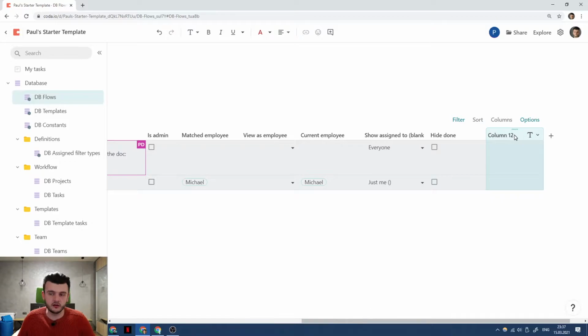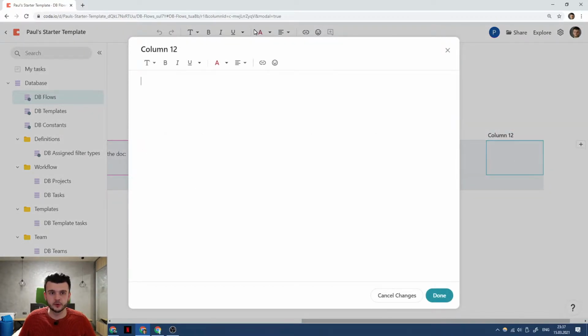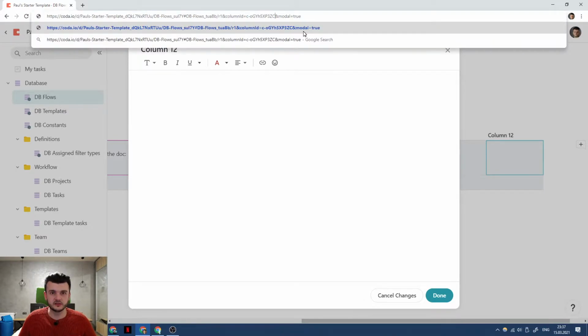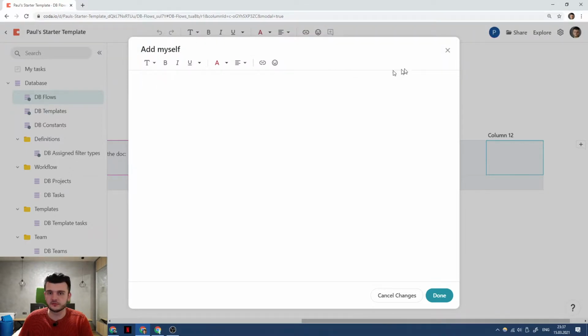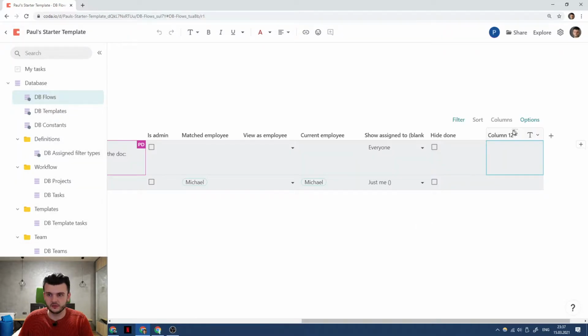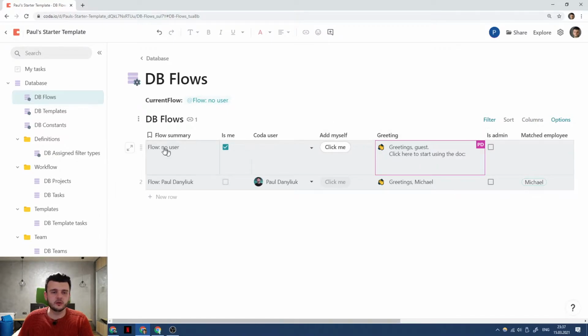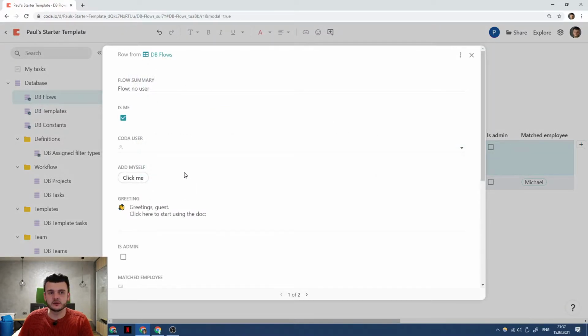Okay, I added a column. I open a modal. Can I open a modal of a button by simply substituting the... No, I cannot. And it won't close. Okay, if we cannot do that, we can always open a row details, and we can